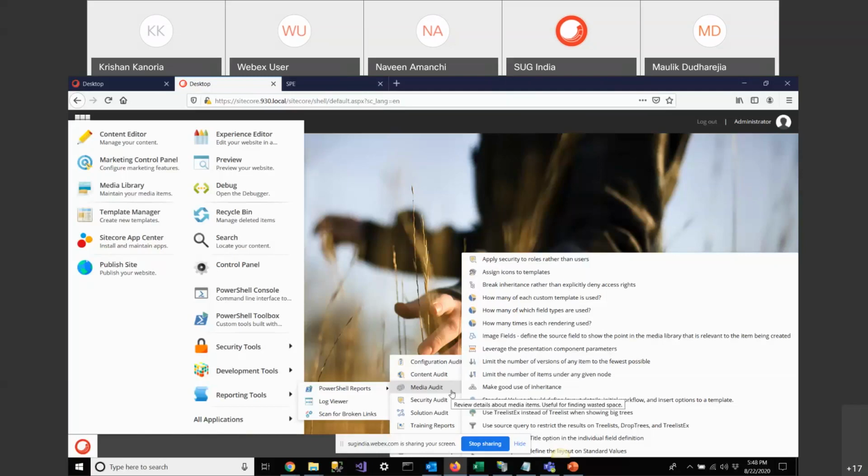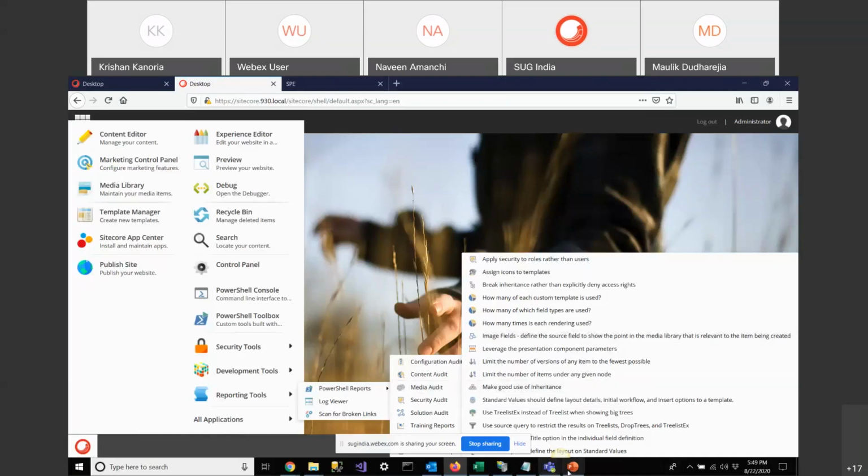So this way, you can automate your work and reduce your development time. Apart from this, you can write your output in some CSV file. So these are all just the advantages of using SPE.